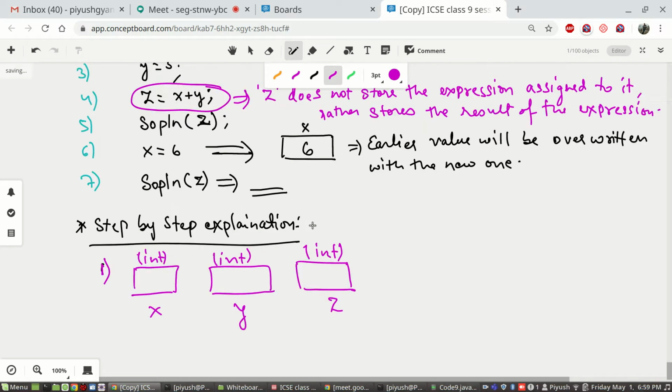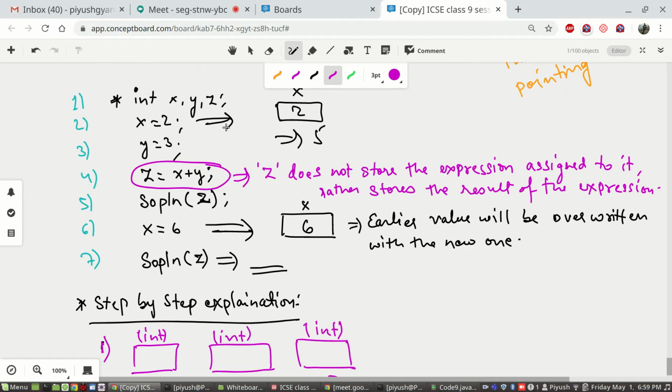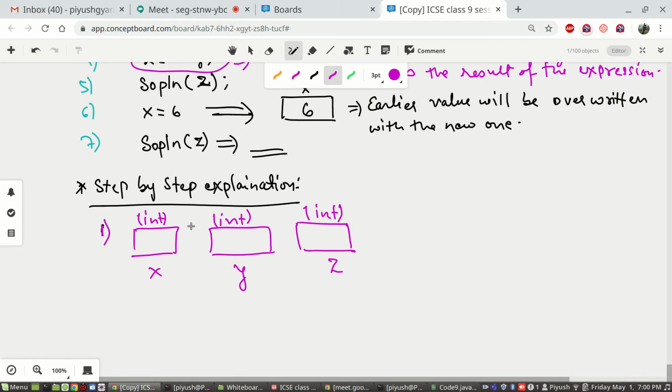This is the result of the first line. So this is the declaration of 3 variables, or reserving of 3 memory locations.